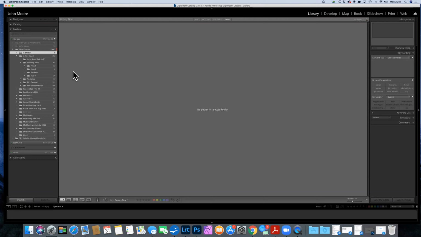Now, prior to this session this evening, I've actually created a folder with some images I took at a local park a day or two ago, just to show you the first part of the import procedure, which is,